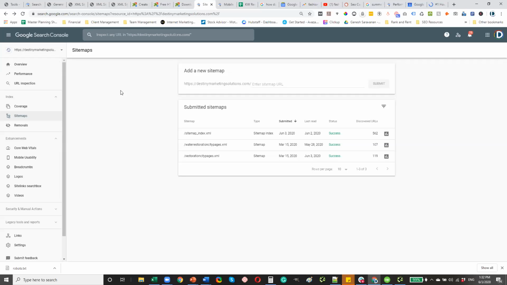As far as the sitemap, Google will eventually find your website, but that could take a long time. What I've